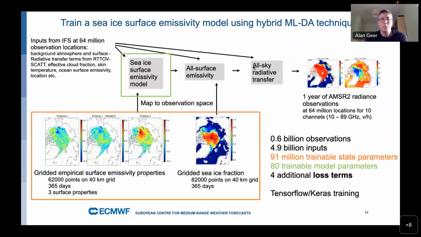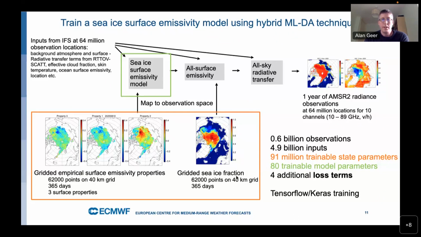So just to put some numbers on things, this is a more simplified diagram of the network that's being estimated. And the training is done simultaneously on 1 year of AMSR2 radiance observations on 10 channels and different polarizations. And the things highlighted in colors are the things that are being trained. Now, there's a very compact sea ice surface emissivity model, and that's reduced just down to 80 trainable model parameters. And the idea is that it represents sea ice surface emissivity across the globe and at all locations in a very compact model. But what's not compact is the surface state,